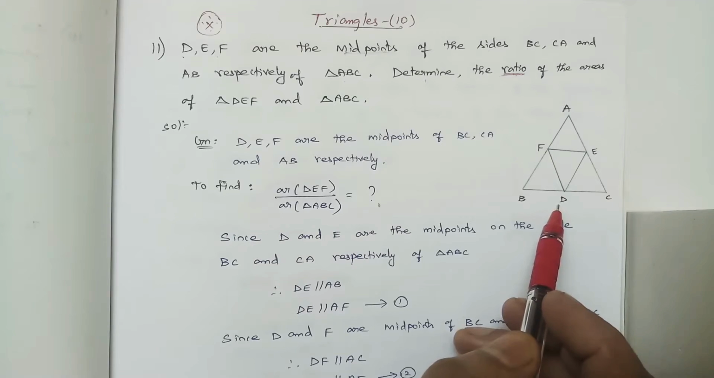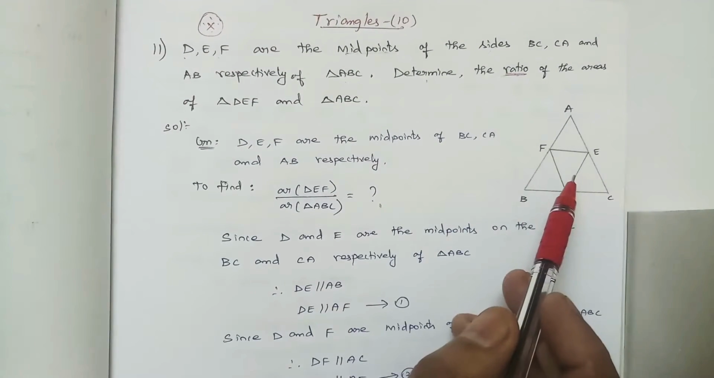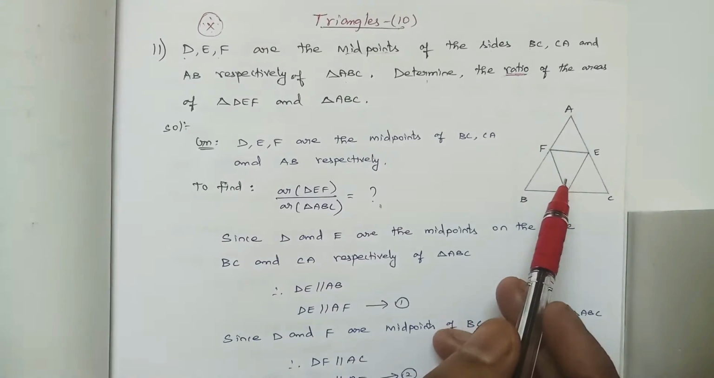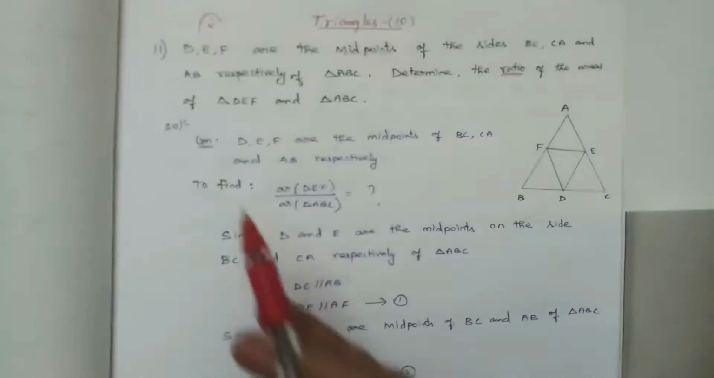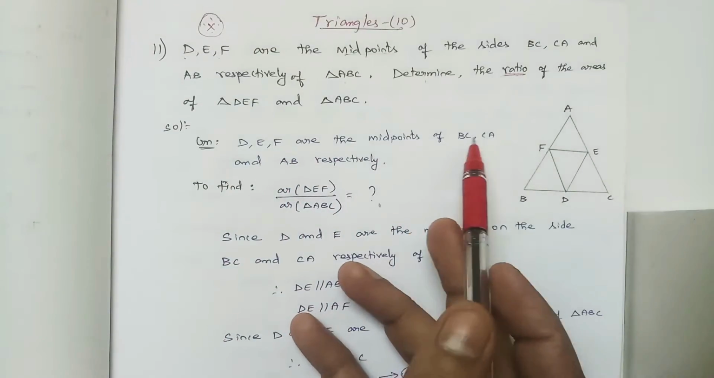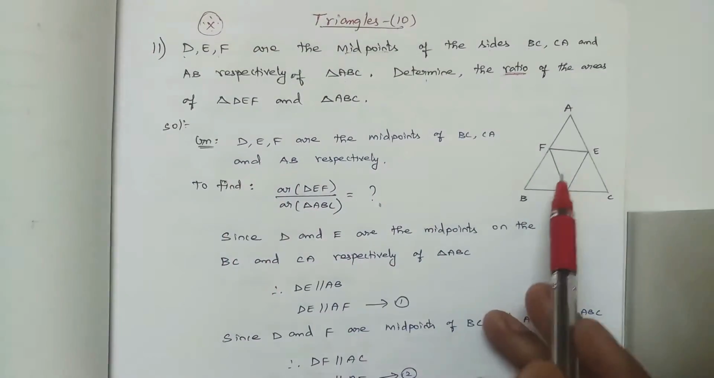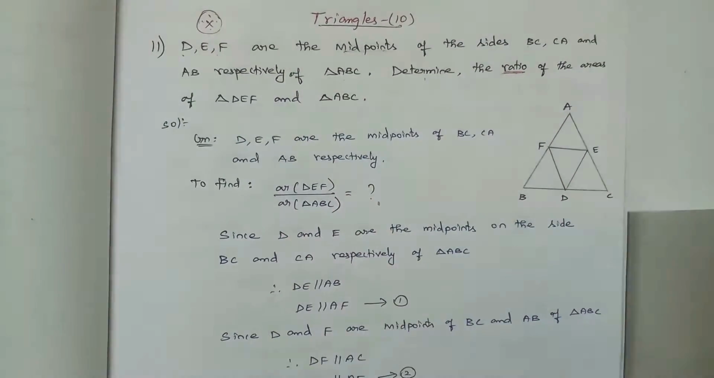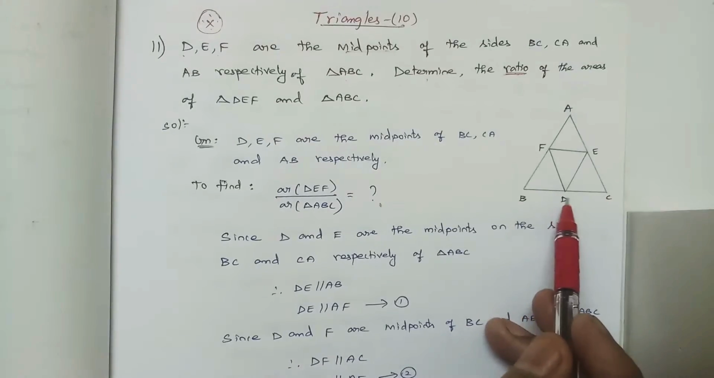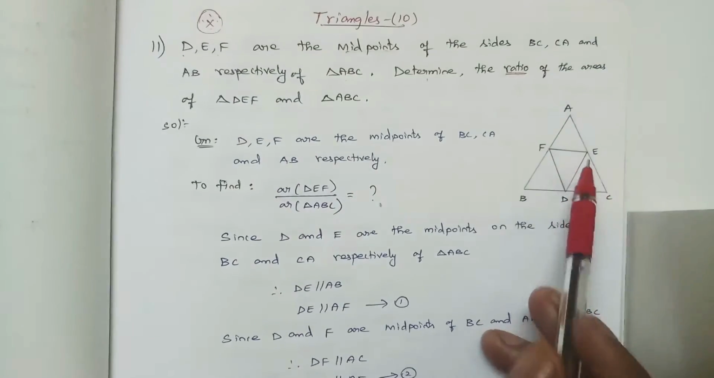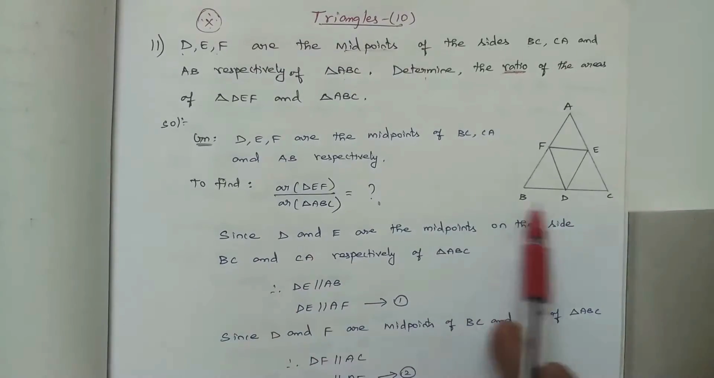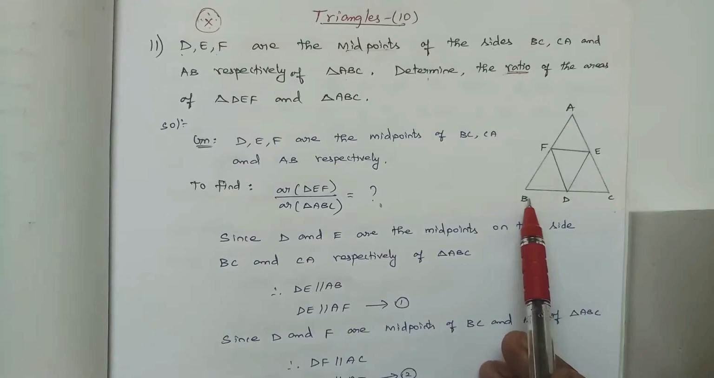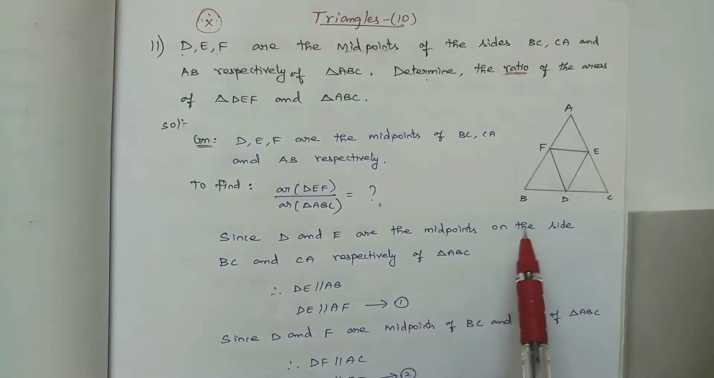The only given is that DEF are the midpoints, and we want to find the ratio. So how are we going to find it? Very easy. Given DEF are the midpoints of sides BC, CA and AB respectively, to find the area of triangle DEF divided by the area of triangle ABC. See, D and E are the midpoints on the sides BC and CA respectively of triangle ABC. Then we can say, by using the midpoint theorem,